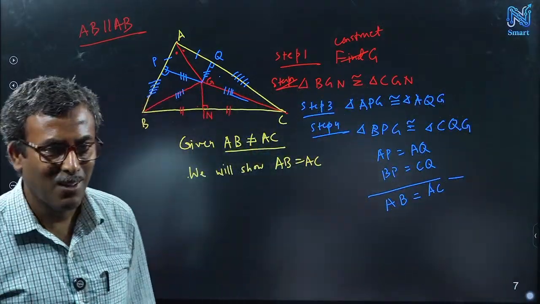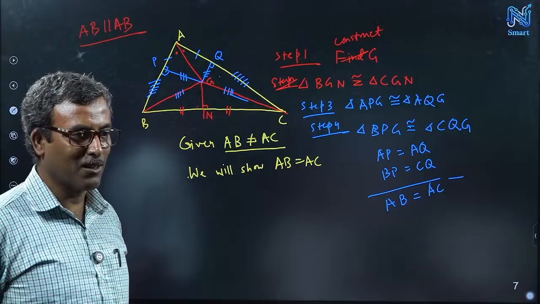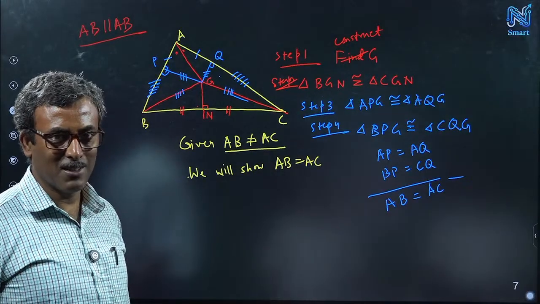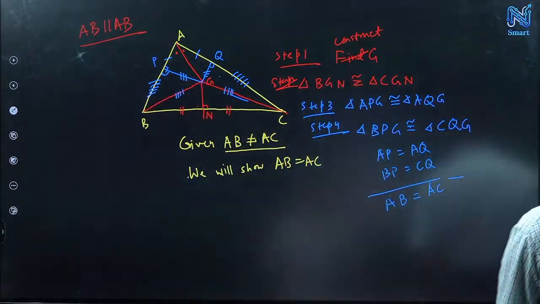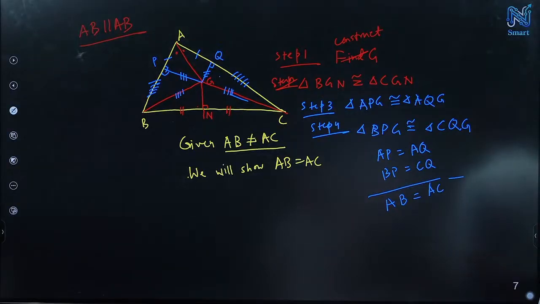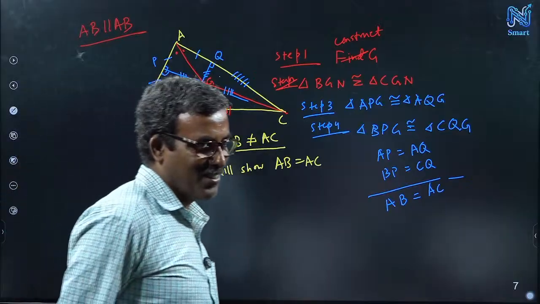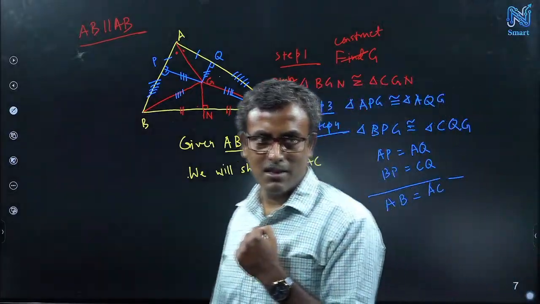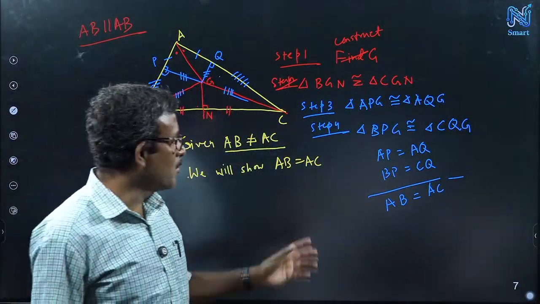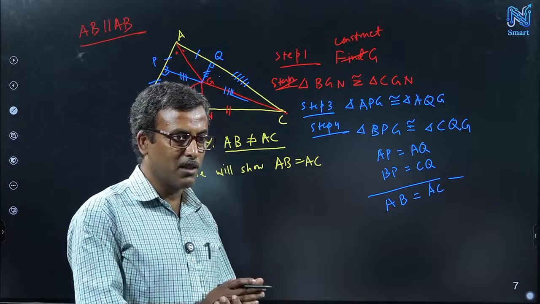Where goes wrong? Everything is okay, right? Is there anything wrong with the congruence formulas? RHS, ASA, SAS, everything is okay, right? One congruence formula is wrong, that is SSA. SSA is wrong, but I didn't use SSA. I used SAS. SSA is wrong. Actually, there are two different triangles we can construct using SSA. I showed it in the previous class. You just go to the previous video, and you will find why this SSA